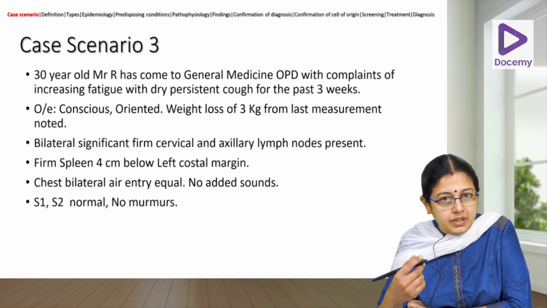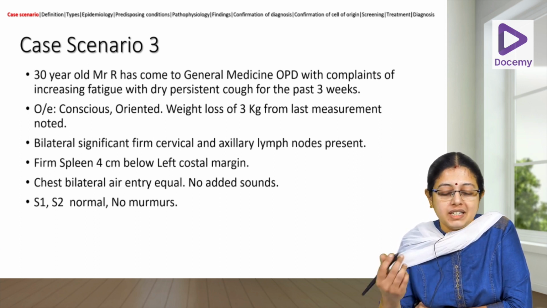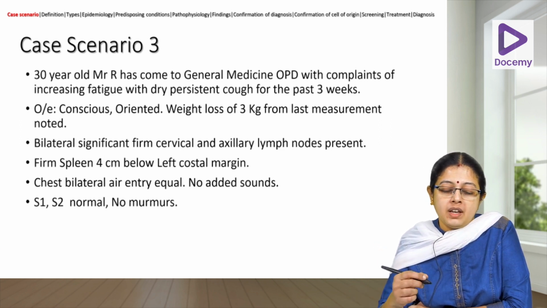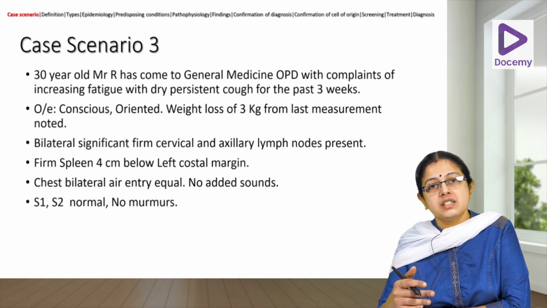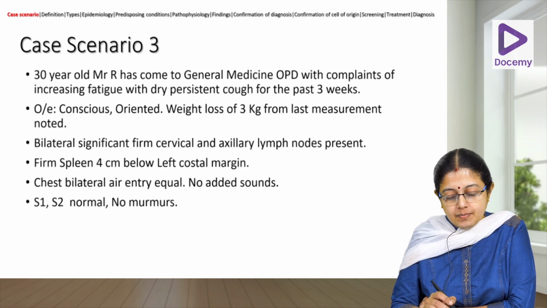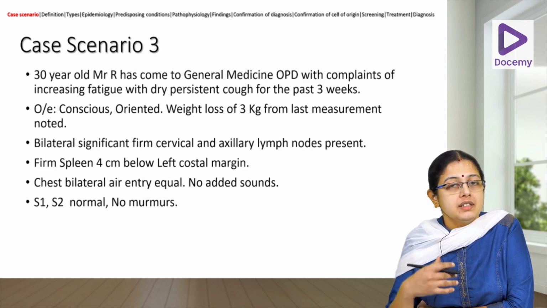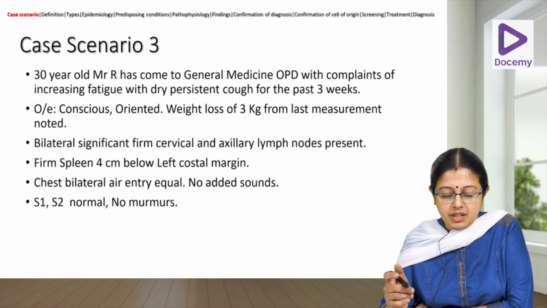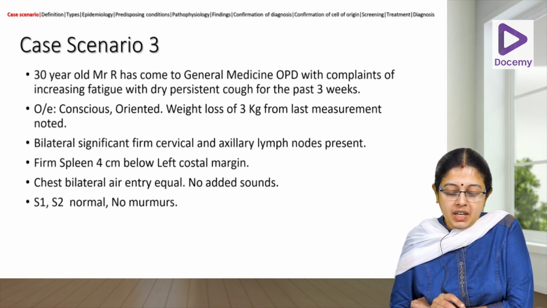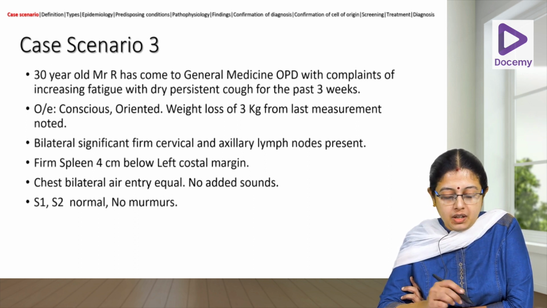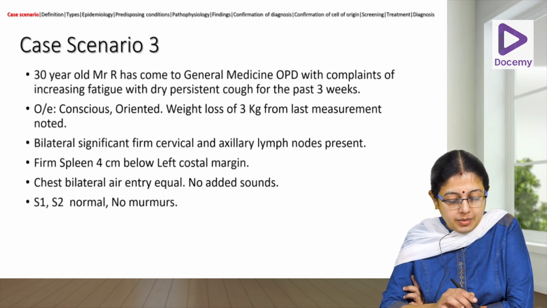When you examine him, you find that he has bilateral, significant, firm, cervical and axillary lymph nodes. His spleen is enlarged, and it is 4 centimeters below the left costal margin. On the chest, air entry is equal bilaterally, but he does not have any crepitations or bronchi heard. When you examine the cardiovascular system, there is no murmur, S1 and S2 normal. Now, this particular patient,